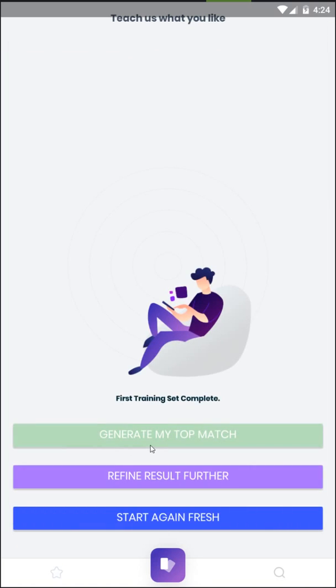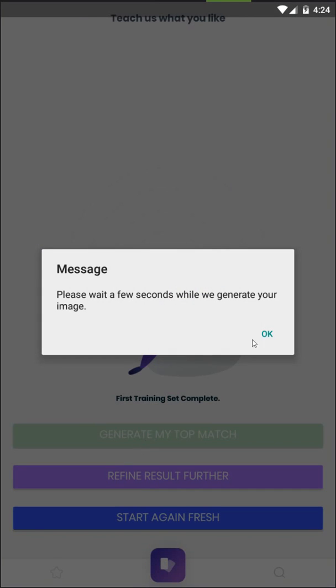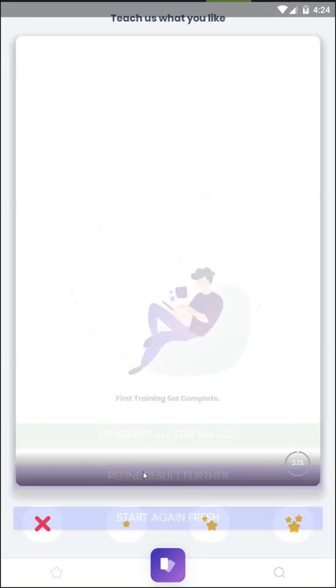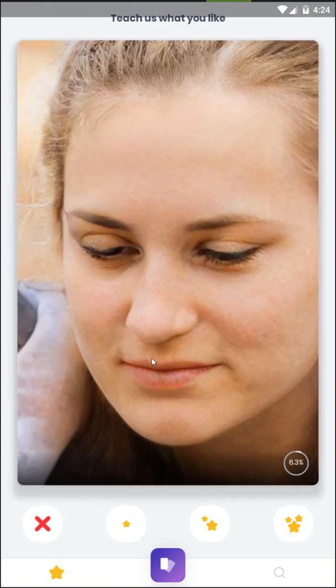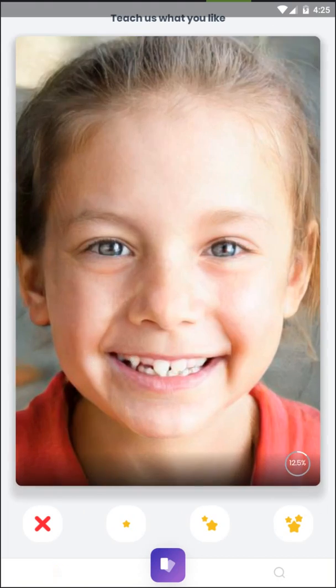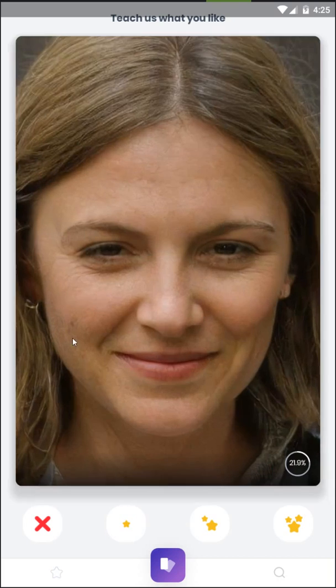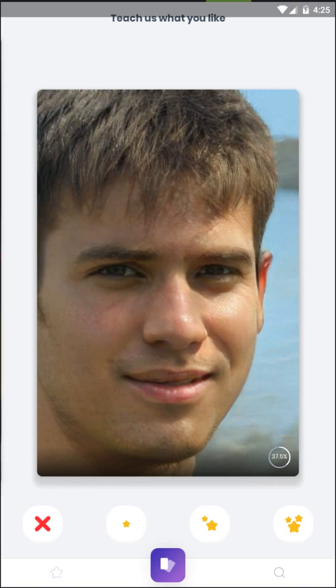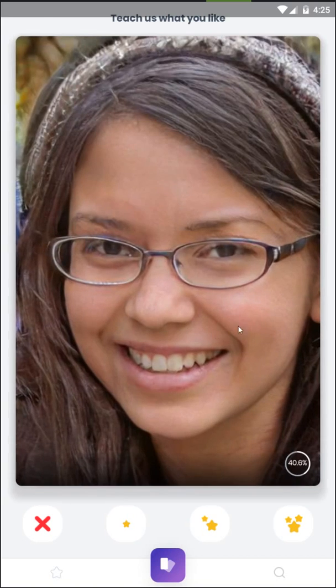And once you're done swiping on images you've liked, you can hit generate, and it will generate an image that represents what you've been swiping like. Now, if you don't think this is a good image of what you've been swiping, you can simply go back and further refine the matches. So the system is going to generate more matches relative to what it thinks you might like, with some added variation. So there's some variation added